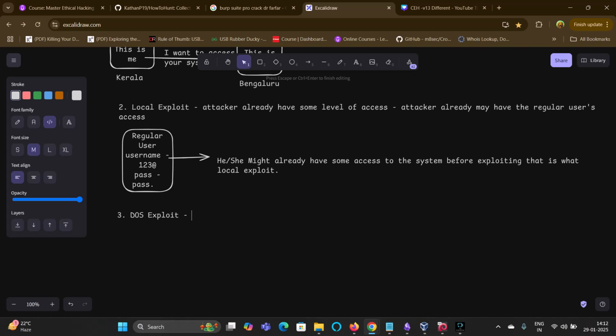Let's just take an example here. Just understand one thing here, we don't need any access or privileges over here. हमें यहाँ पे किसी access और privileges की ज़रूरत नहीं है to exploit, because the task of the DOS exploit